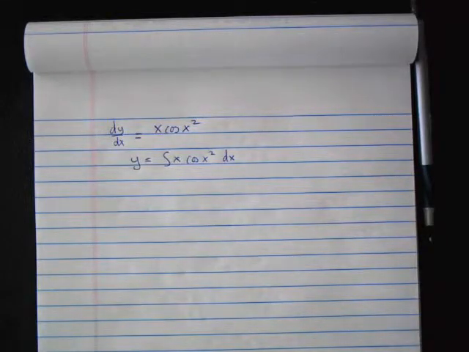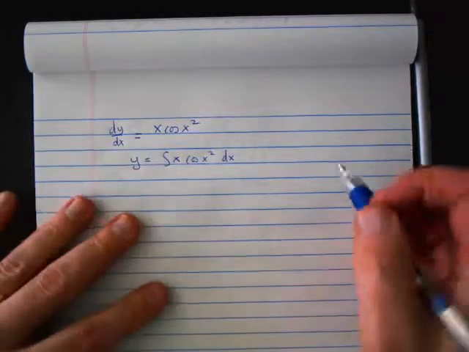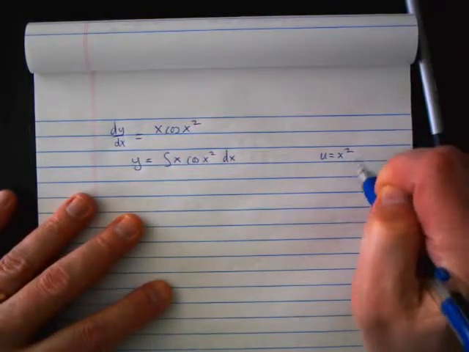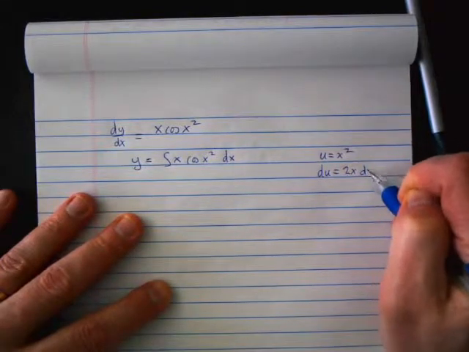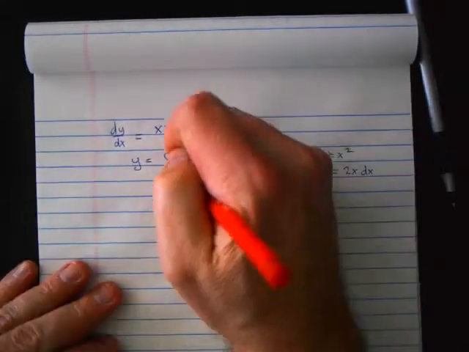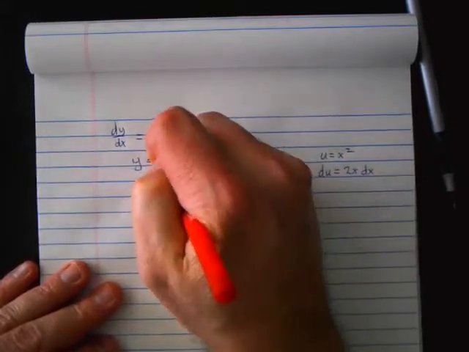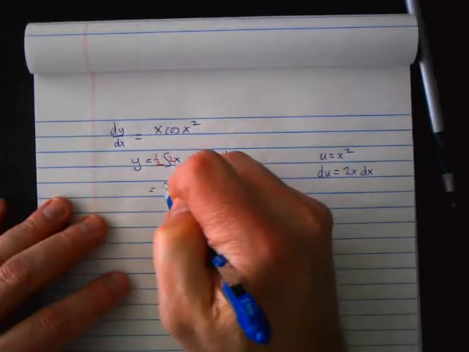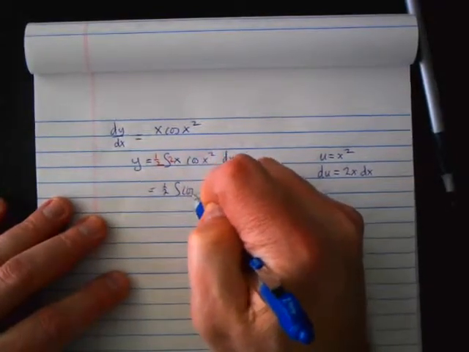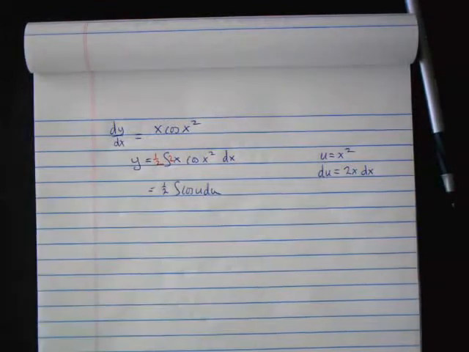What's your technique for integrating that one? If you let u equal x squared, du is 2x dx. So I need to sneak a 2 in right there. Balance it with 1/2. That becomes 1/2 integral cosine u du. And the integral of cosine u du is